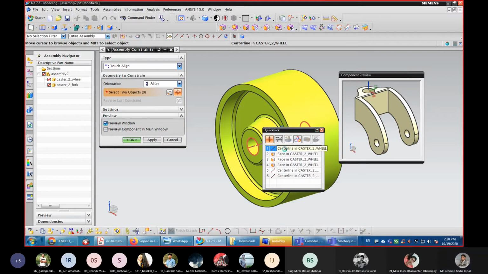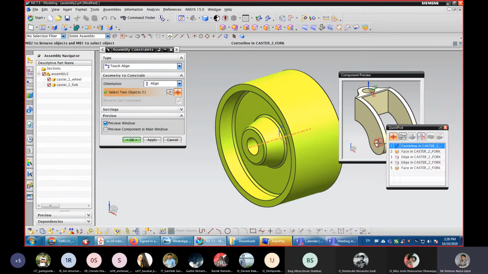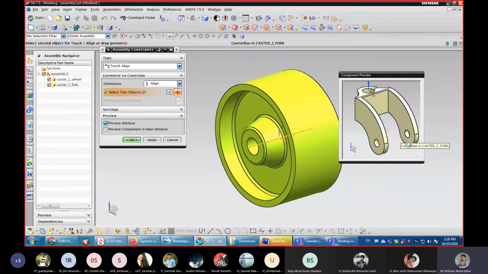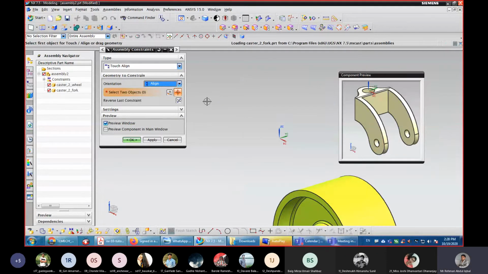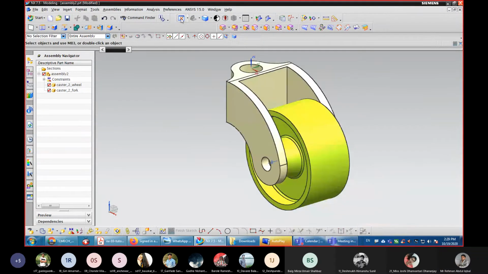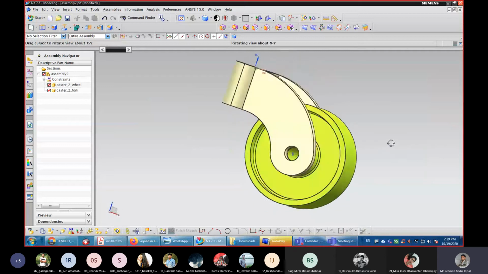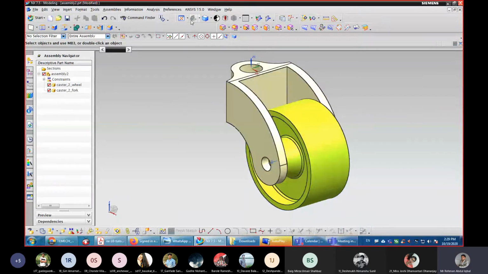Select the center line of this wheel and the center line of this caster. Click OK. So you can see it has been aligned. It has been aligned. Let's go to the next.